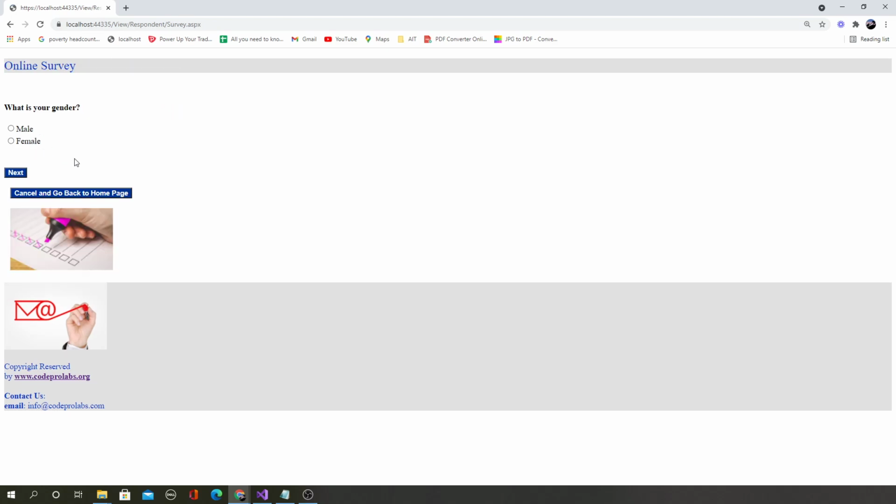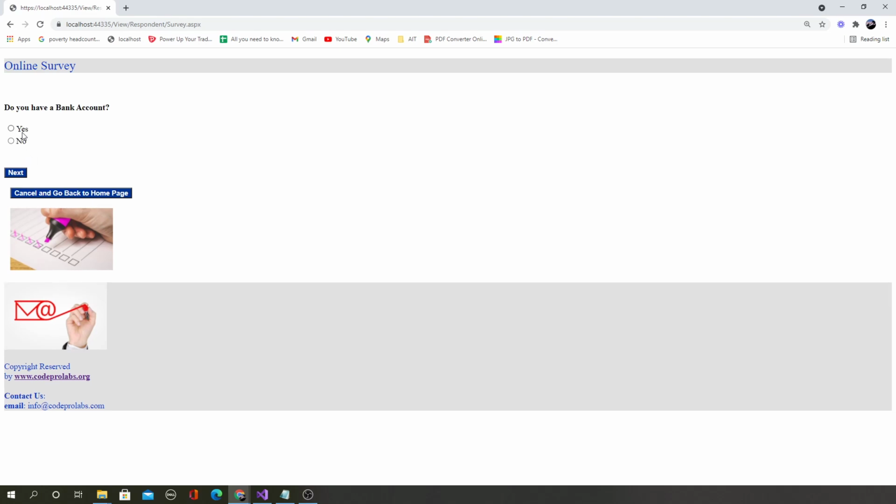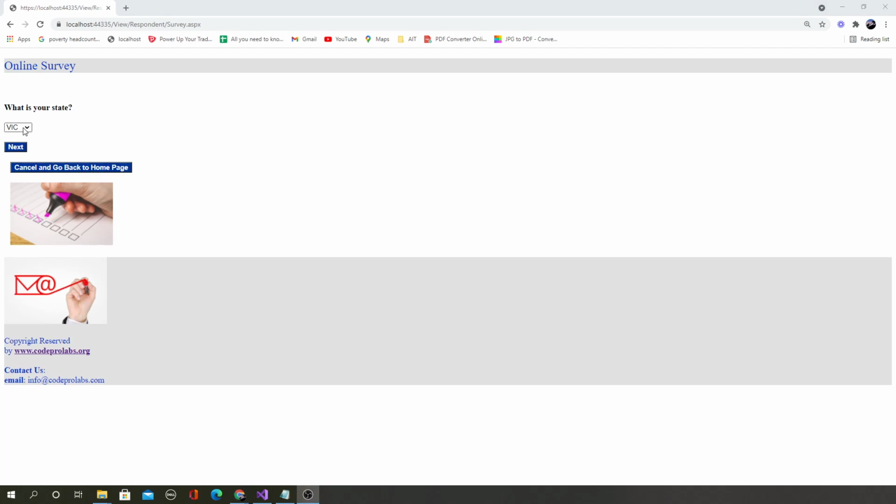anonymously, and all the data is coming from the database. So you learn about connecting to a remote database, which is not on this computer, it's on a remote server. You will learn how to do that, and then how to take the survey questions, and there will be multiple survey questions. I will just fast forward this. I fast forwarded the questions, I just clicked next and answered them.